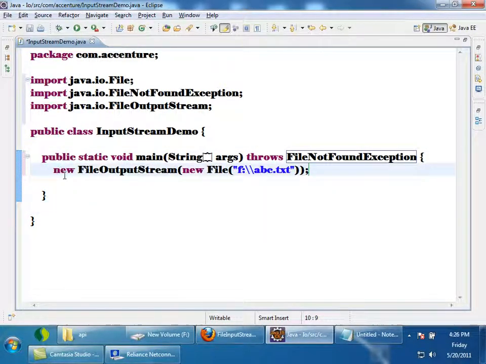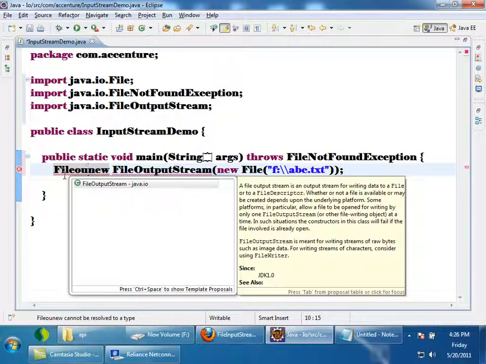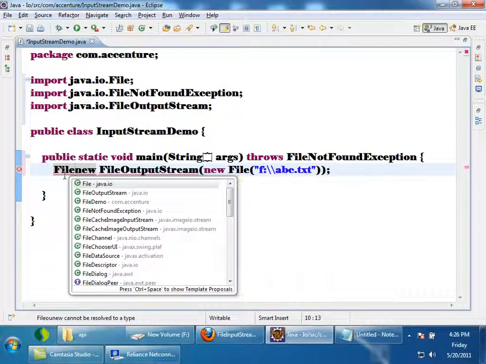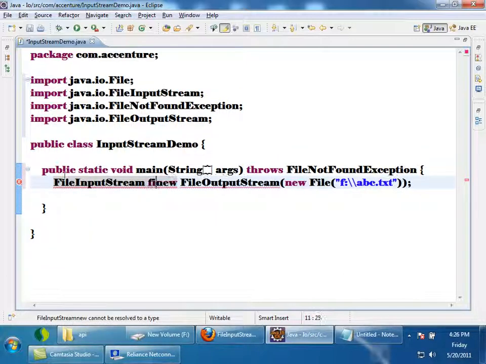Now I'll take it. See the approach. First I created the object, then I'm creating a reference on the left side. File output stream I created. Okay, file input stream, right? Here also I'll say file input stream.